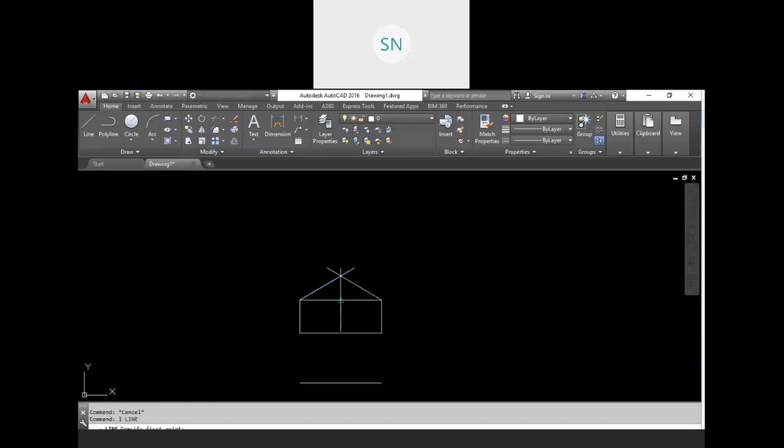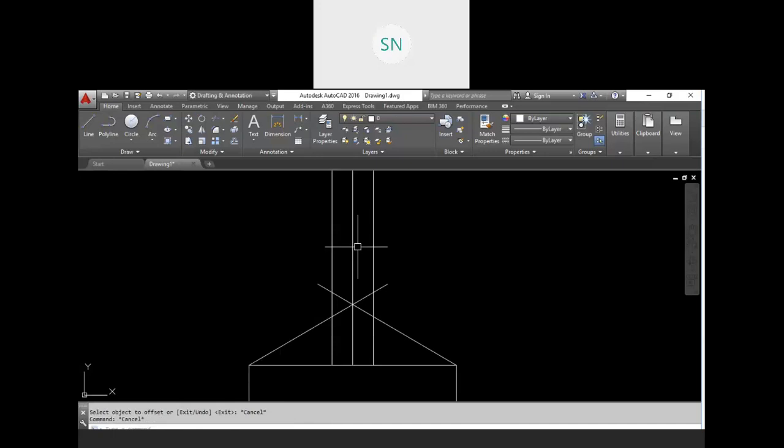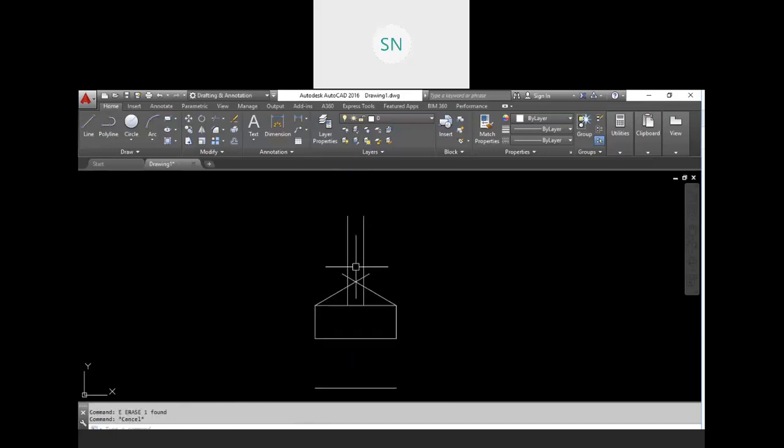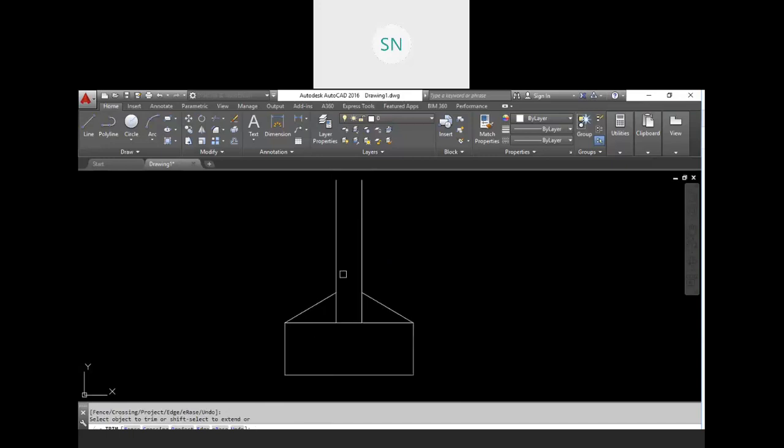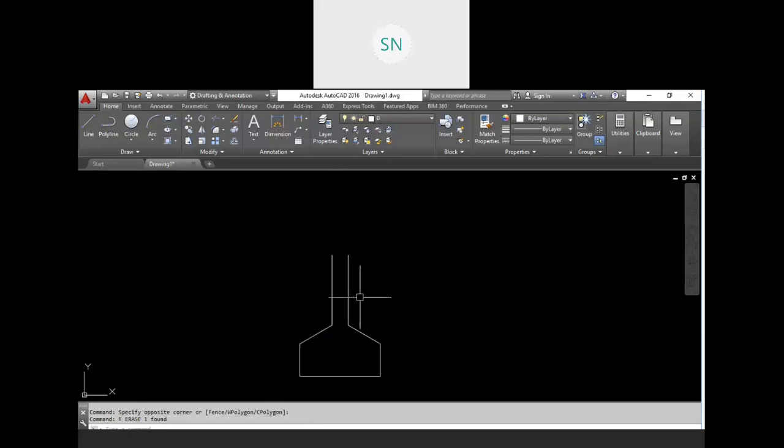And one line from here and take an offset of 5 on both sides. So we have 10 thickness over here. Now erase this line and erase this portion also, trim this portion and this one. This is also not needed now.